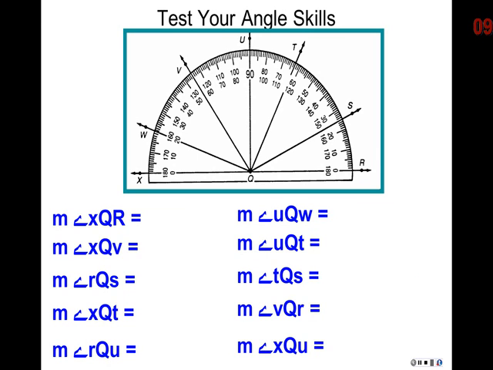TQS? Did you do TQS? Yeah, you did it. It's 38. Okay, VQR. Okay, so what's VQR? So 90 minus, what is that? VQ. Well, but you've got 90 here, right? Yeah, this is a 90 degree angle, and then go to V. So between the 90 and the V is